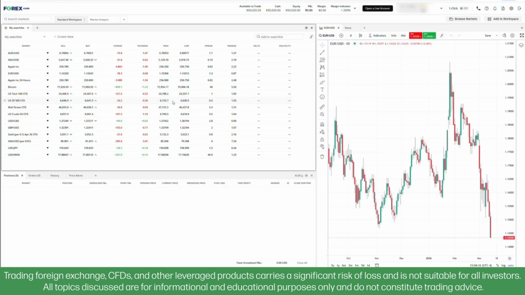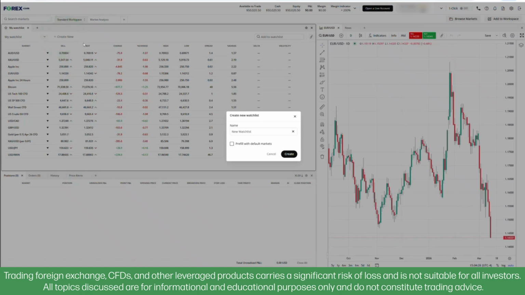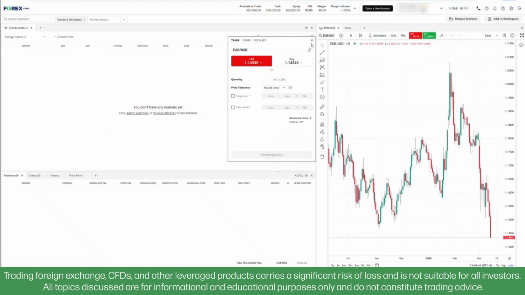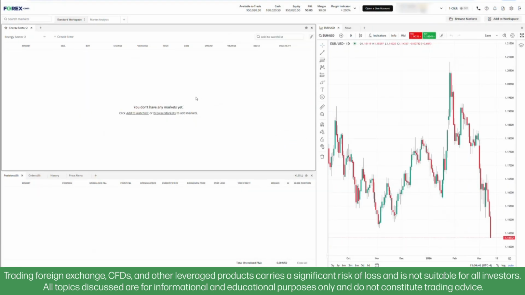is create a specific watch list. Up at the top left-hand side of my watch list, there's a tab titled Create New. Upon clicking on Create New, I have the ability to name this new watch list. I'm going to name this watch list Energy Sector. And click on Create. As you can see now, I have a blank watch list that I can add markets